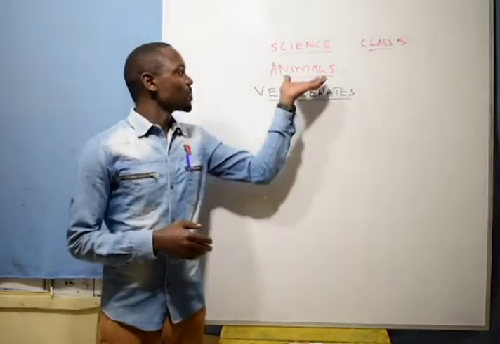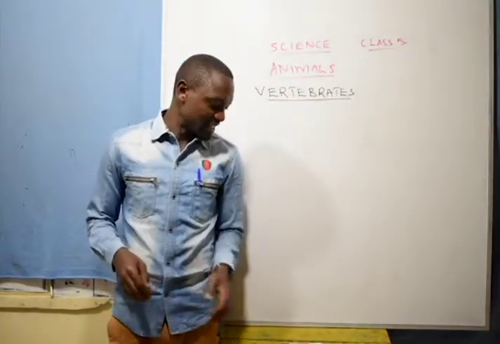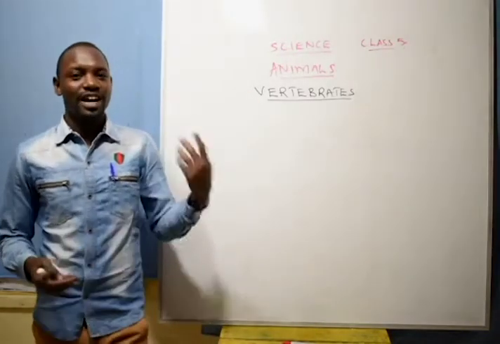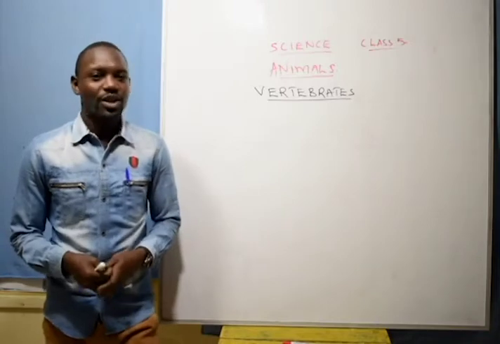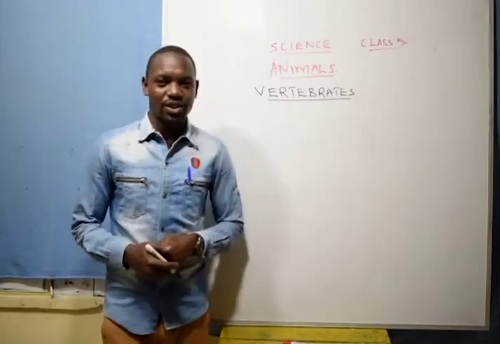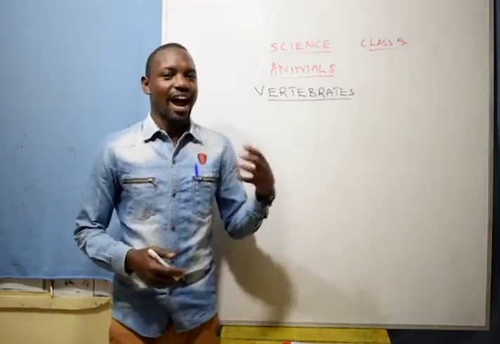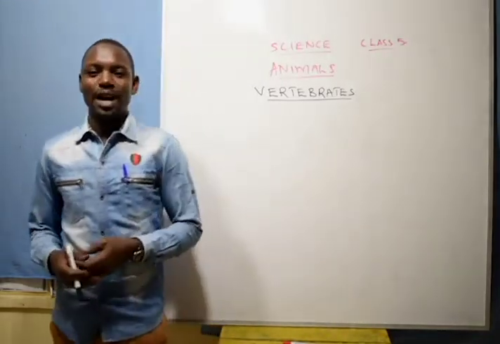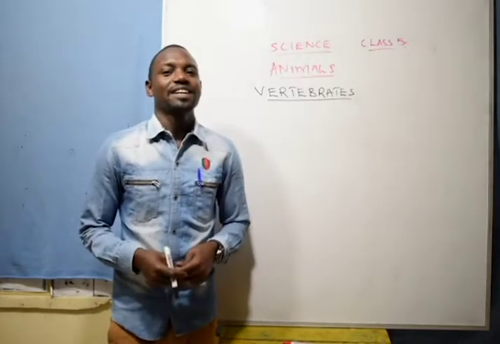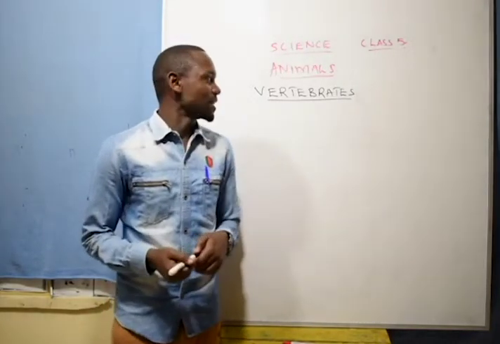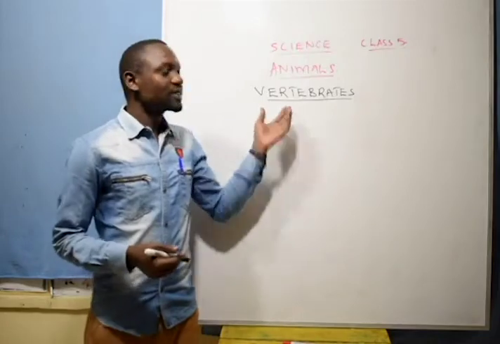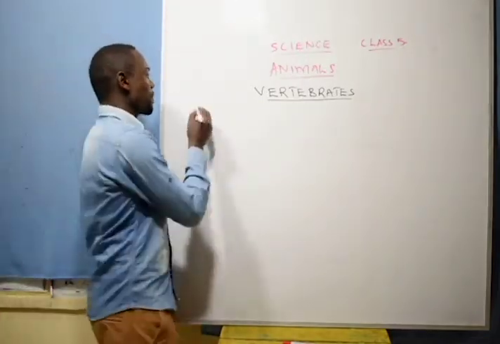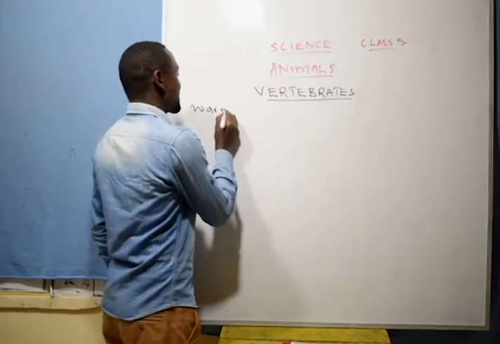We are still on our topic, animals, whereby we started by classifying animals into two groups. Animals with backbones and animals without backbones. What did I say animals with backbones are called? Yes, animals with backbones, we say they are called vertebrates. And animals without backbones are called what? They are called invertebrates. In the previous lesson, we classified vertebrates into various groups, whereby we said we have warm-blooded